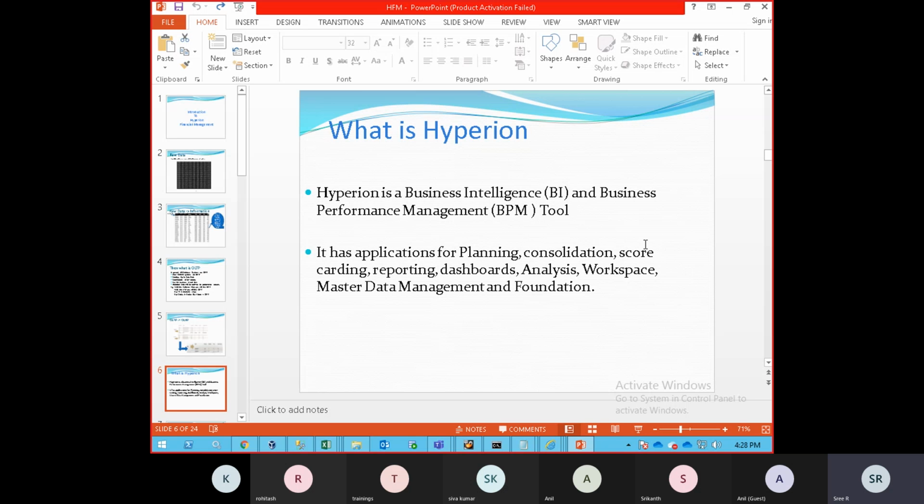Is that matching or not? So these are the terms you're going to learn in this Hyperion, guys. But anyway, if you are good in technical, yes, technical jobs are available. If you're good in understanding the functional, yes, functional jobs are also available. Okay, so Hyperion is a combination of two things.